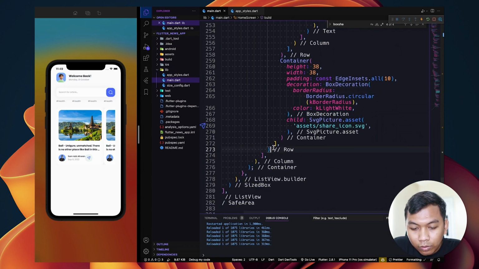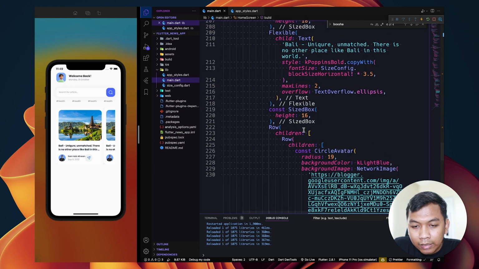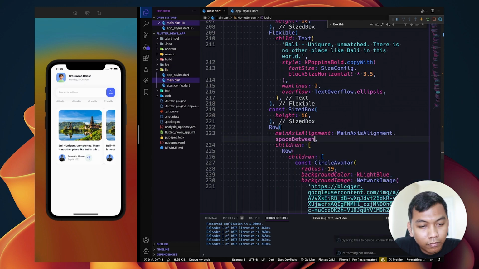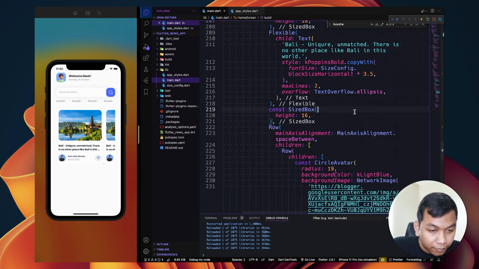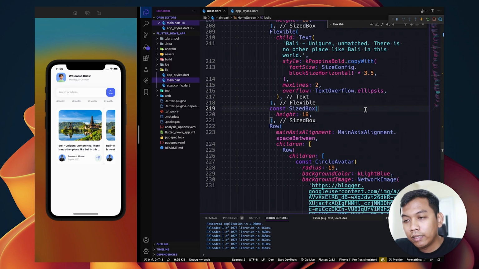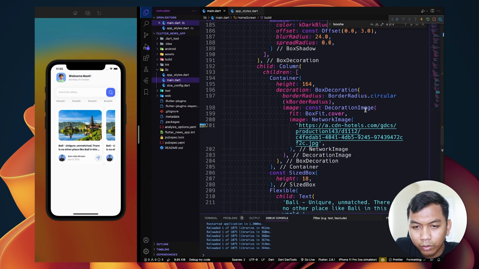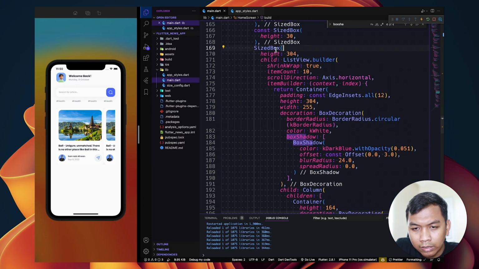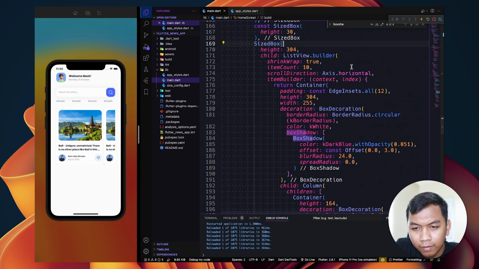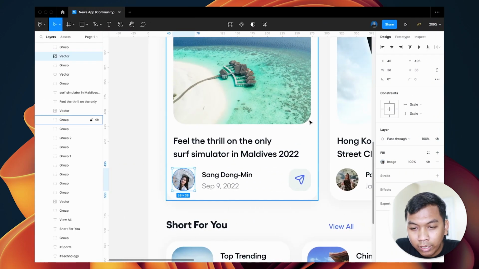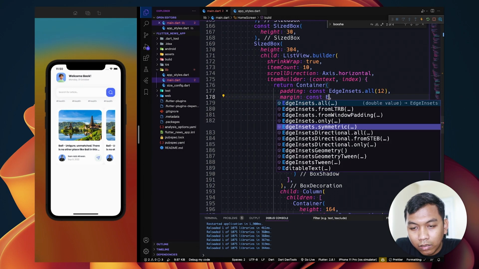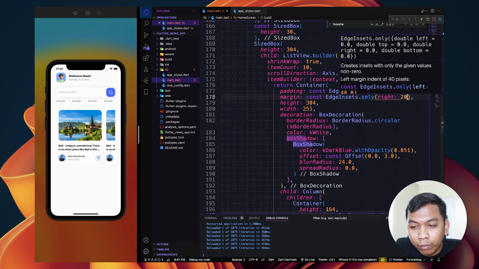And let's go back to the parent row widget, and we need to say main axis alignment space between. Alright, and last but not least, we need to go into the parent, which is the size box, and inside this container we need to say margin, so we can hover this and we can see margin, only right will be 20.